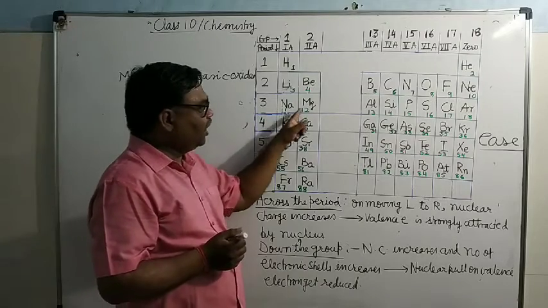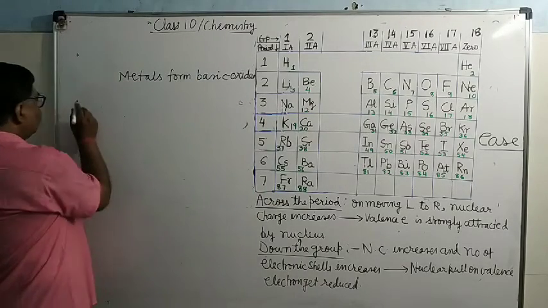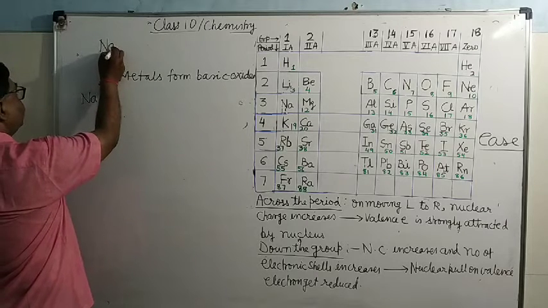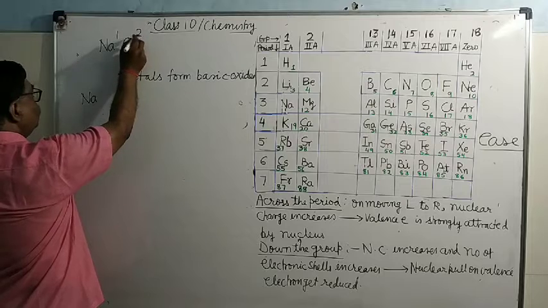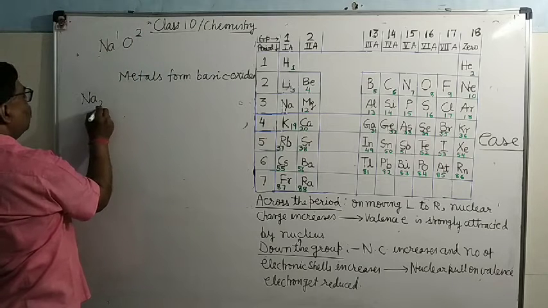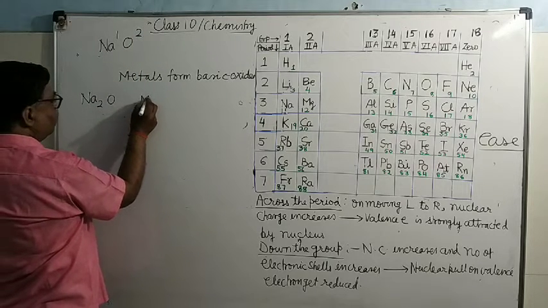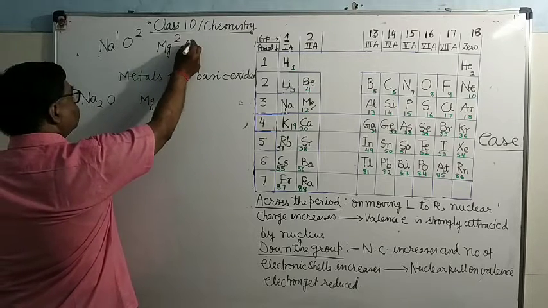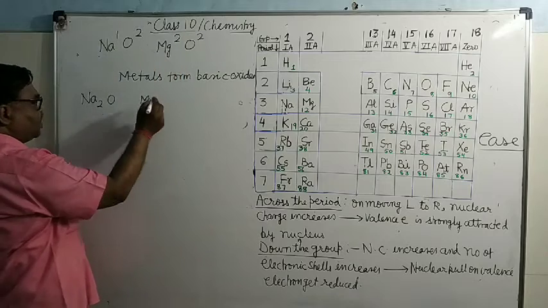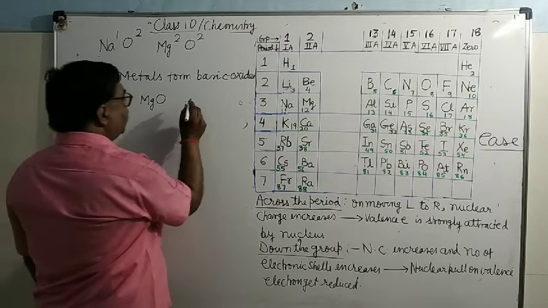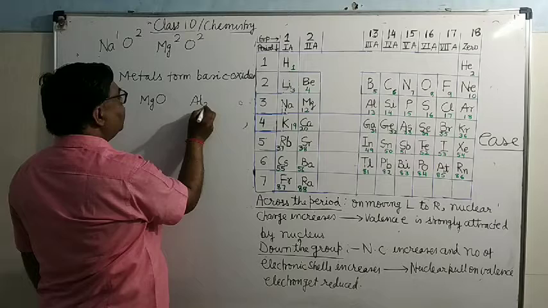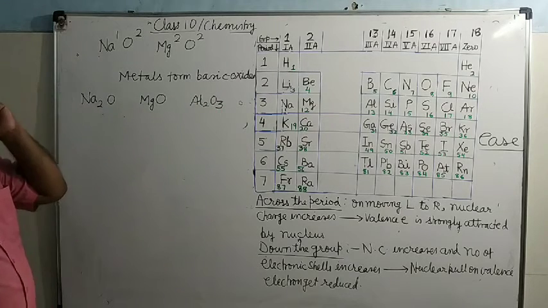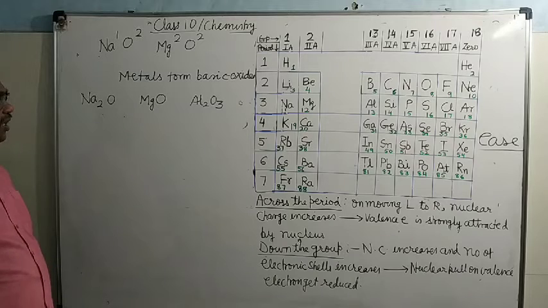If you see here Na, Mg, Al, what is the sodium oxide? You can see here valency of sodium is 1, oxygen is 2, so it will be Na2O. It's clear? Magnesium valency is +2, oxygen -2, plus minus is not written, so MgO. Then here it is Al2O3. It's clear? Na, Mg, Al, these are the elements of the third period.